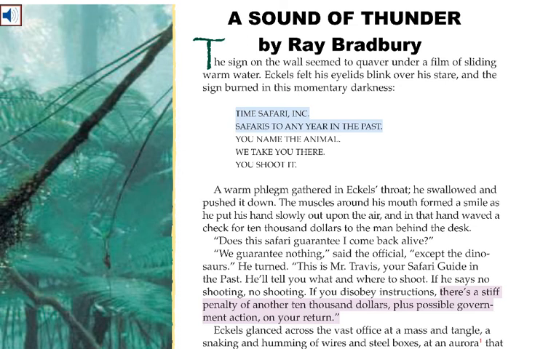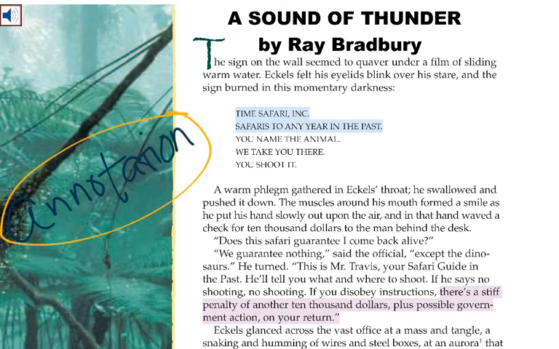So that's helpful. But if you have the opportunity to print this out or to use a program to annotate, I highly recommend annotation, so that you can track your own thinking. You can note some specific maybe shifts in character or plot, which is actually going to be a huge piece of A Sound of Thunder. So I recommend that you start from the beginning with annotation because you might notice some things change throughout your reading. You can even start with the questions on your screen so that you know what to look for as you're annotating.